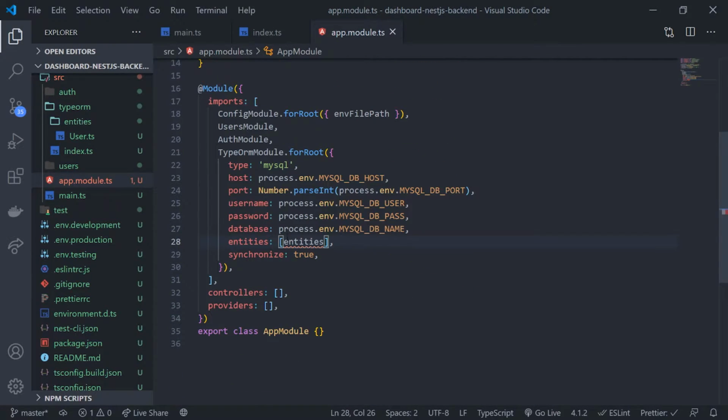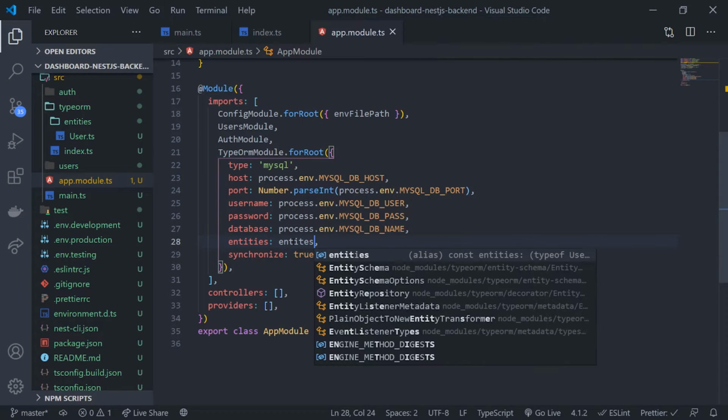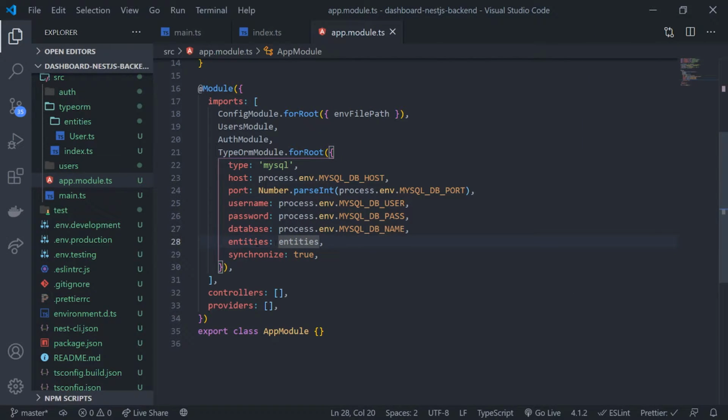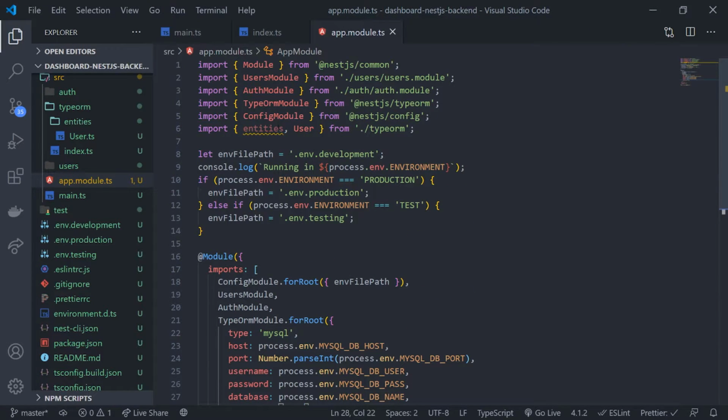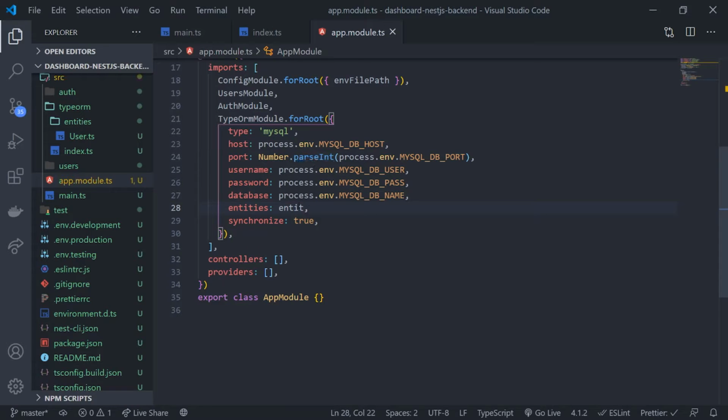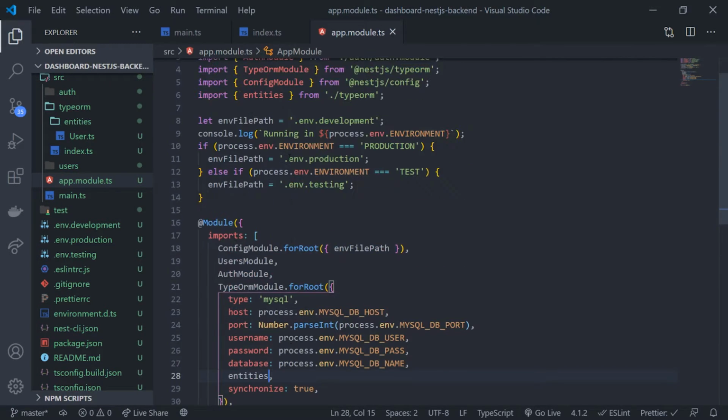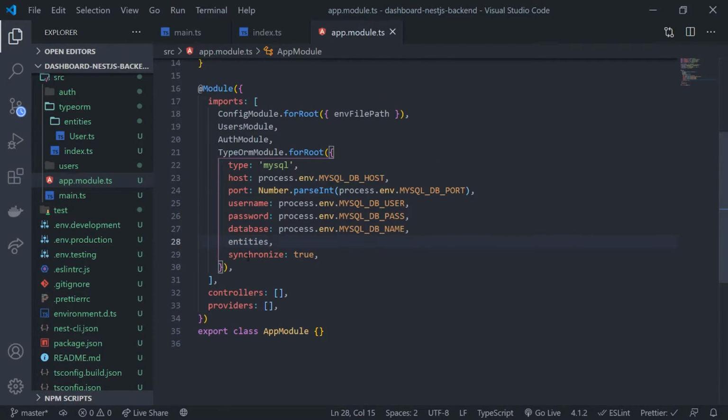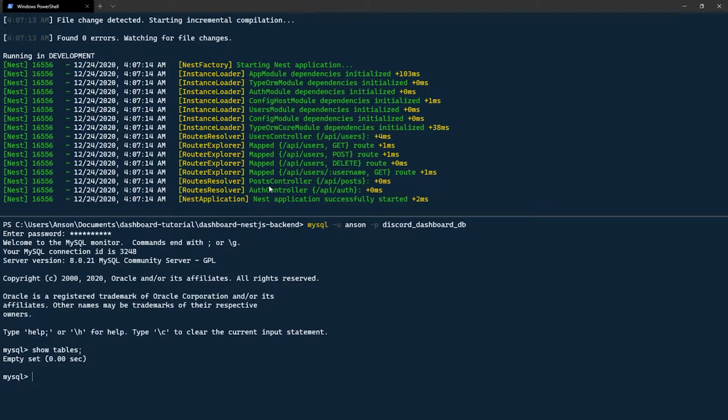And there we go. Now I can actually just do this, since it expects an array. Or you can just do this. You can pass in user like that. But like I said, you'll have a lot of entities at some point, so it's just better to put them in an array. And since these are the same names, I can just do this. So now you can see that,